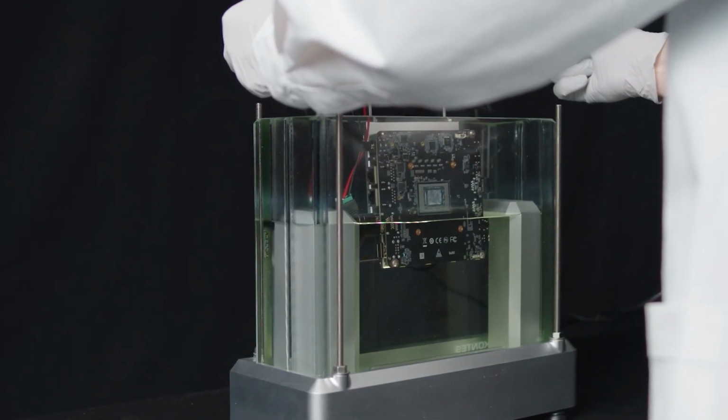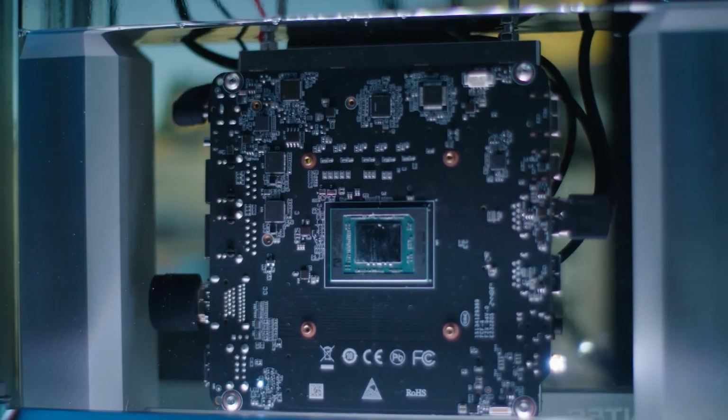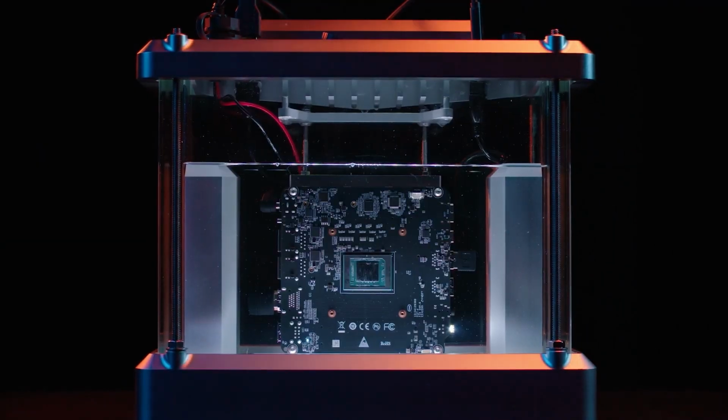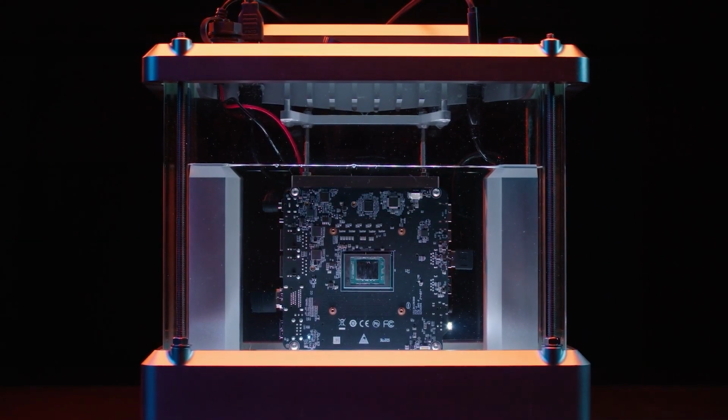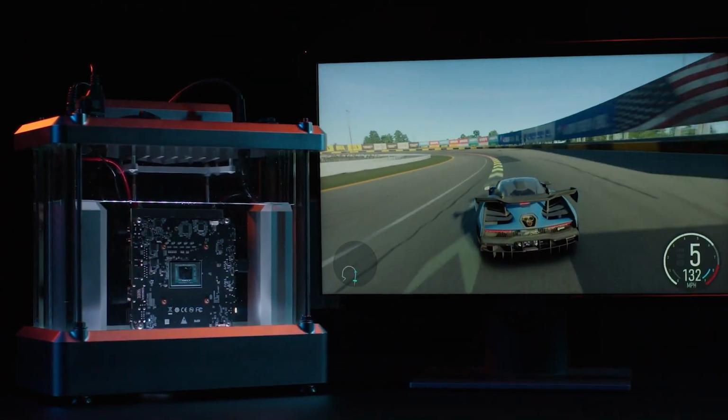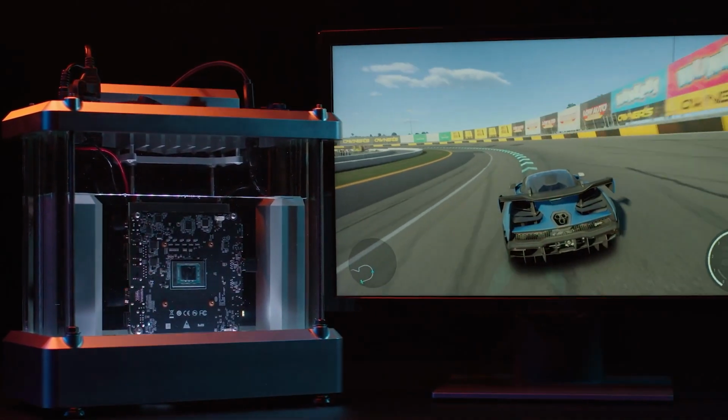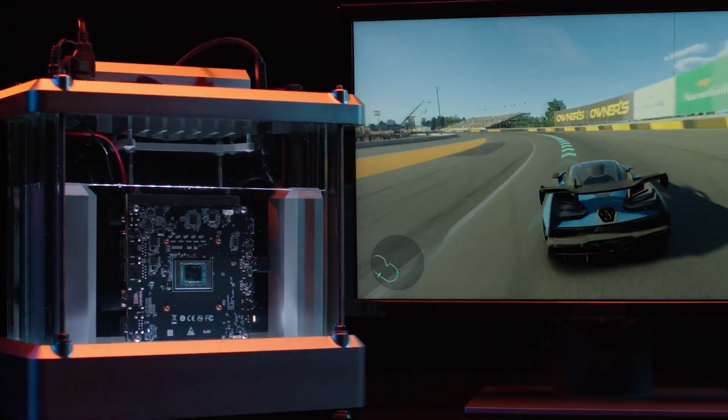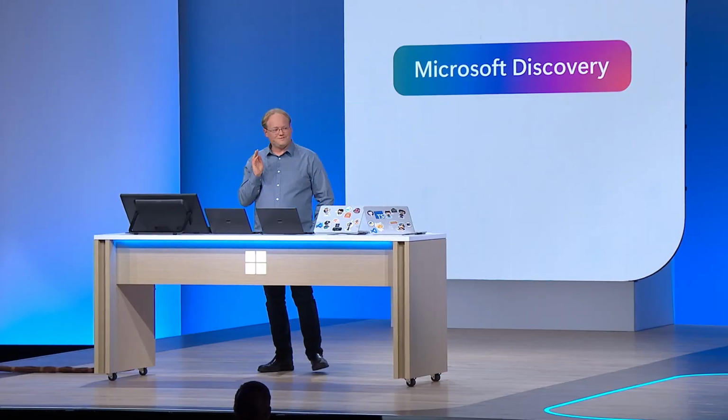They didn't let me bring a new material unknown to humans onto this stage, but I've got this video from the lab. So we can see there my coolant, and we dropped a standard PC in it, and it's running Forza Motorsport. And it is keeping the temperature stable with no fans. It's literally very cool. We found a promising candidate for an immersion coolant that does not rely on forever chemicals.